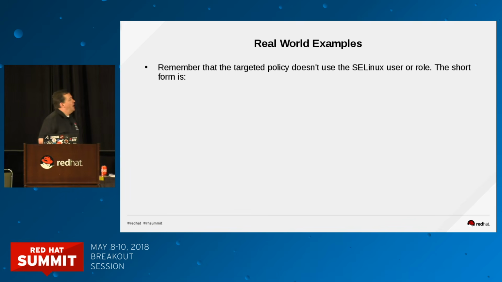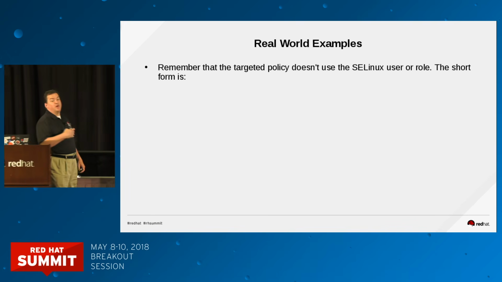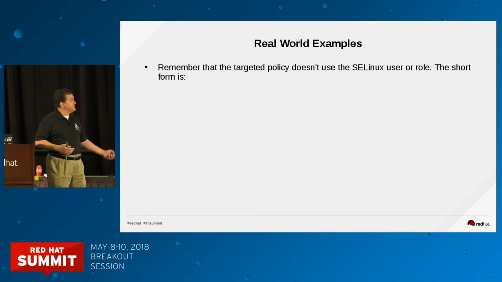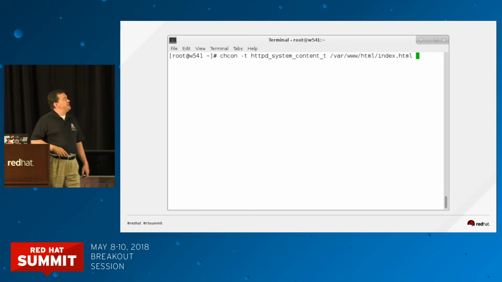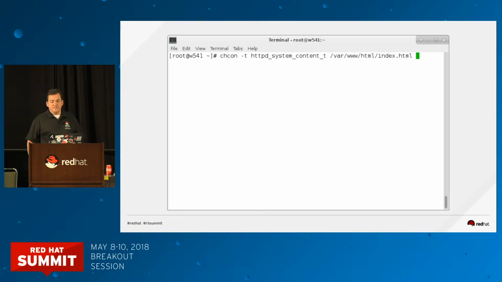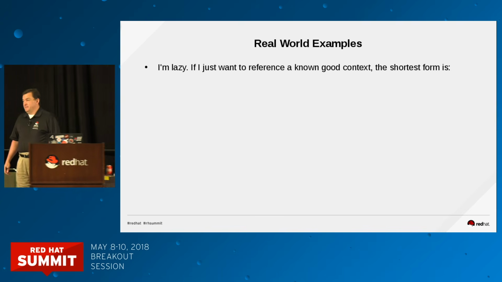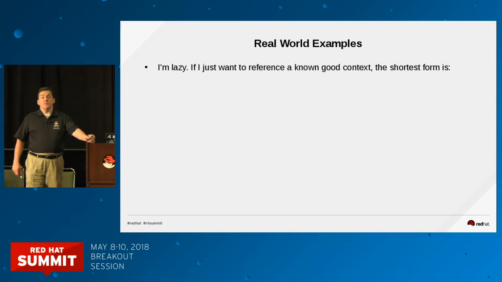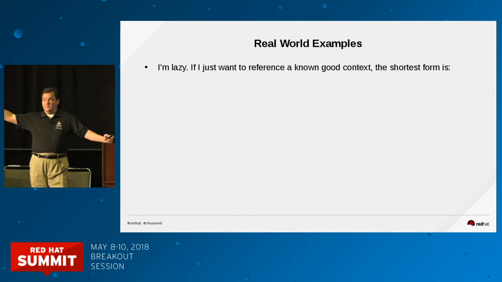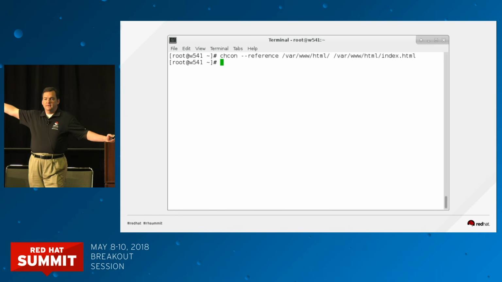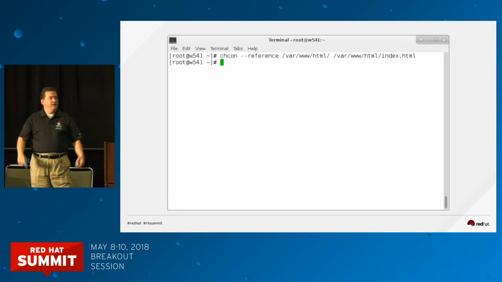I'm lazy. So the short form, because we don't care about user or role, it's not really relevant in a targeted environment, you can just do chcon -t, the type, and then the file that you want to fix. But I'm really lazy. I really don't want to type all that stuff out. So if I just want to reference a known good file, I can do chcon --reference, something good, and then point it at the thing that's not working. So I love chcon --reference,